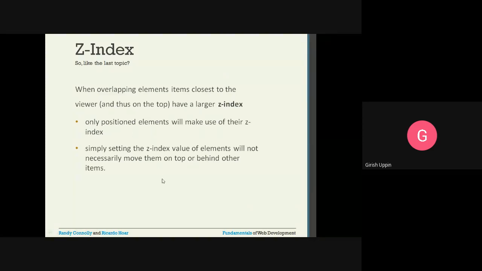Simply setting the Z index value of an element will not necessarily move it on top of or behind other items. For example, if you are placing two elements on top of each other because of the positioning, which one you want to bring to the top and which one you want to take to the back can be decided using the Z index. So here is the example we have.